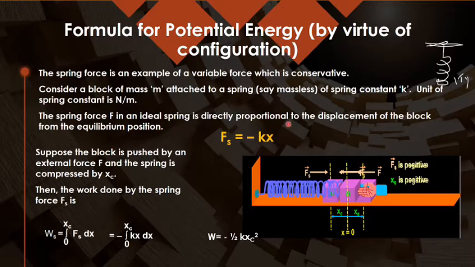And this formula for the force is given by Hooke's law only. If I am pulling the spring on one side, it means I am applying a force, and with that force I am extending the spring. Putting a mass also shows the extension, and if I take out the mass, it means I unload it. Then it will go to its initial position. This initial position can be taken as the mean position, that is x equals 0.